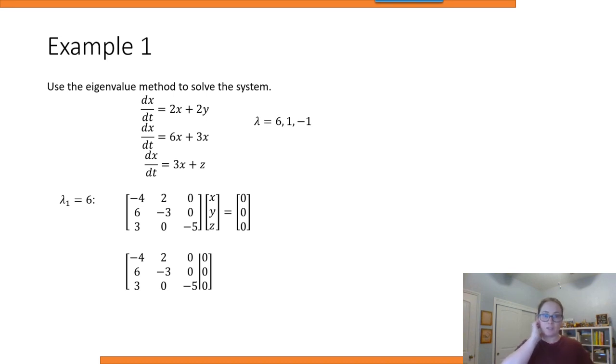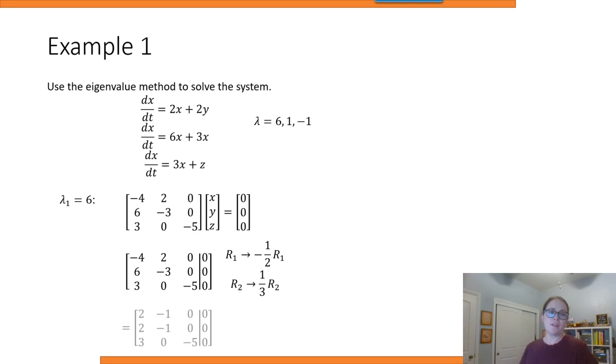And I could do some row operations. So for instance, I could multiply row 1 by -1/2, and that's going to reduce those down. And then I can multiply the second row by 1/3. And that gives me the same row twice, 2, -1, 0, for rows 1 and 2. And so now it's really clear that they are redundant, that one was just a multiple of the other. So I'm only going to pull one equation from those two,